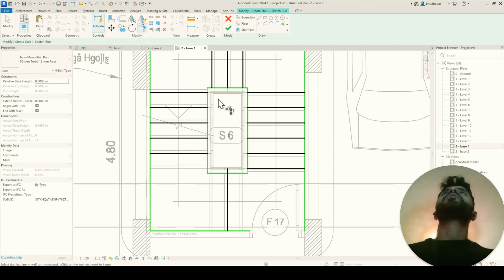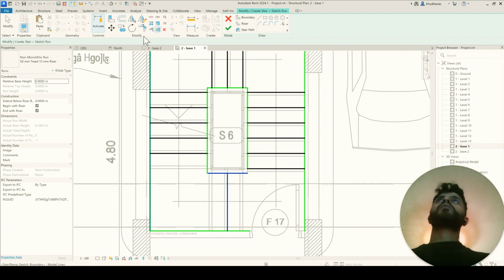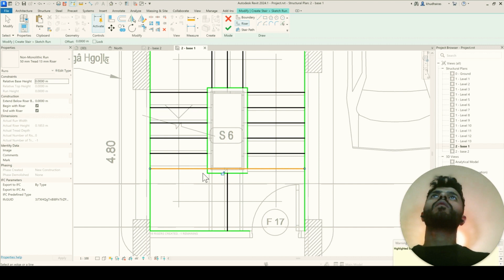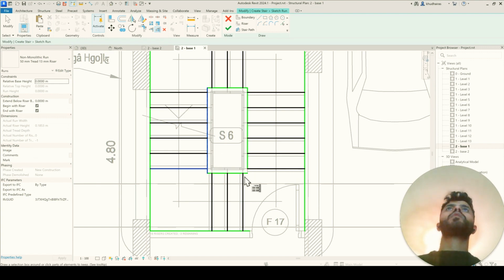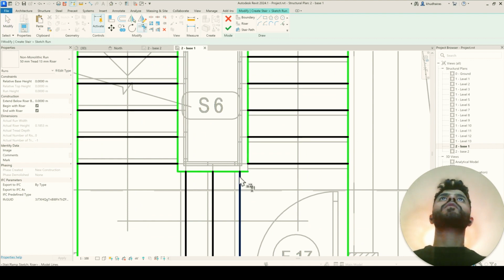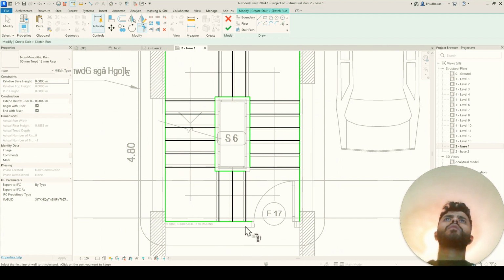So this will trim this and the rest. It seems like everything is fine, and then we have this with this, yeah.